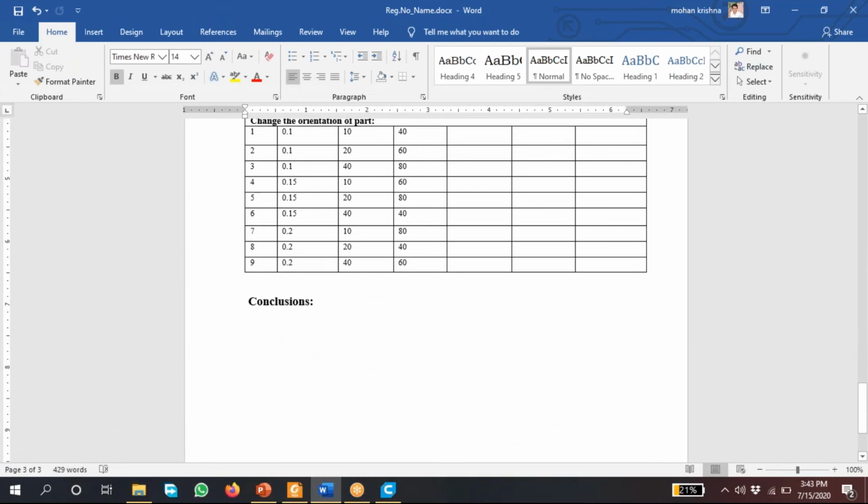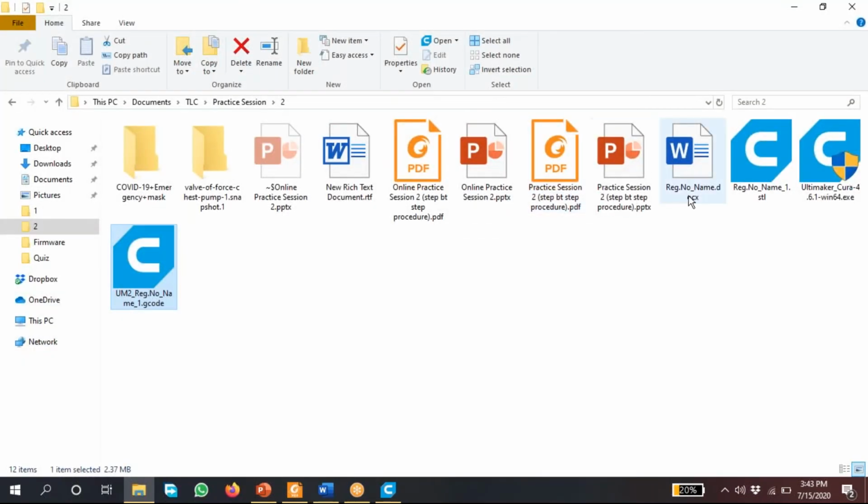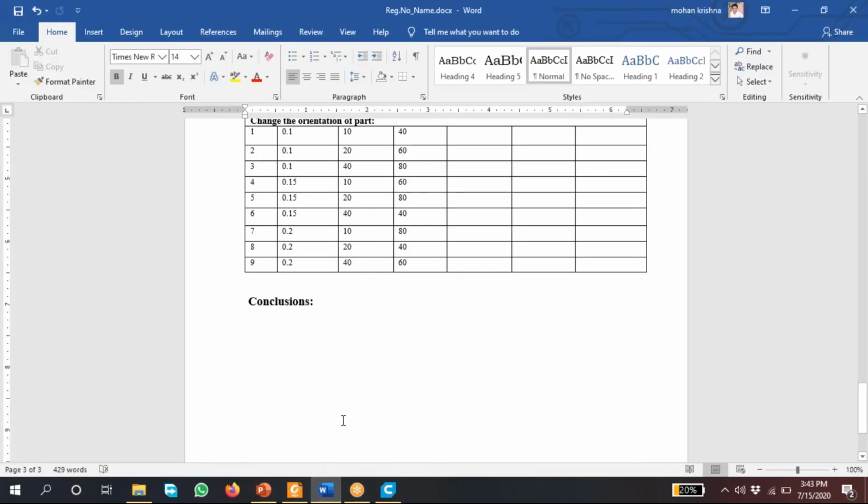Like that you can do all those things, write the conclusions and submit. I have shown the Google form, right? We will circulate that in WhatsApp, but you need to rename this file as registration number underscore name. That is there in the Google form also. All you need to do is the 3 exercises: the Tinkercad file, slice it, change the orientation and default orientation, 9 levels, and GraphCAD and Thingiverse. Do that and write the conclusions.